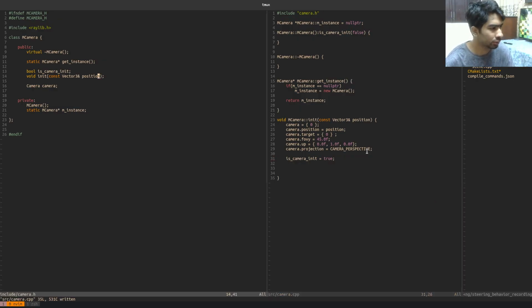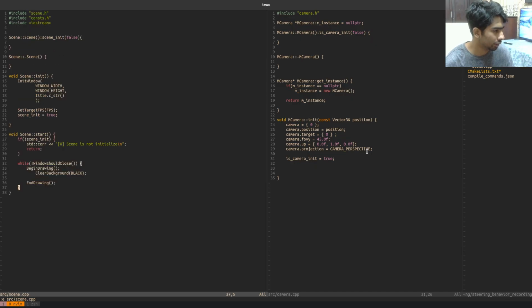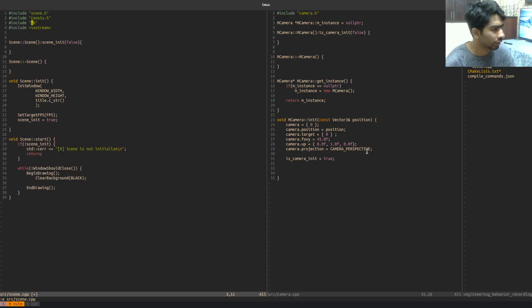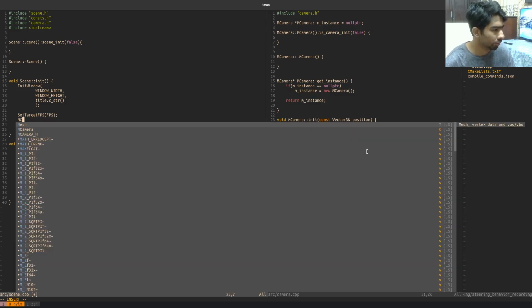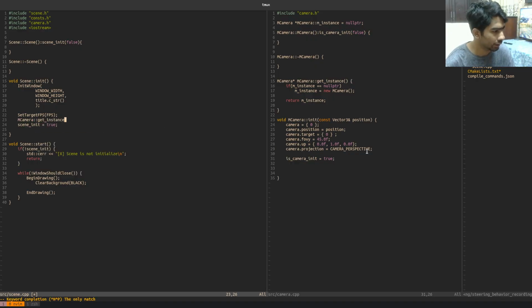So what I'm gonna do is in the scene we're gonna use camera, and in initialization we're gonna get the camera first. Camera get instance